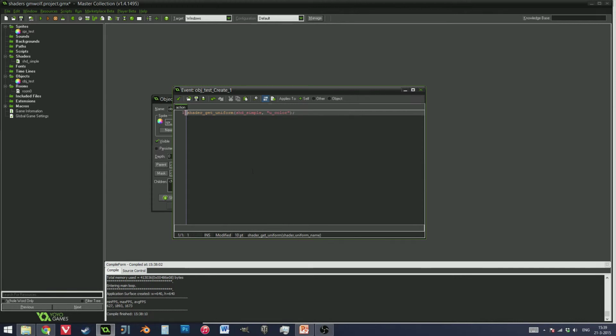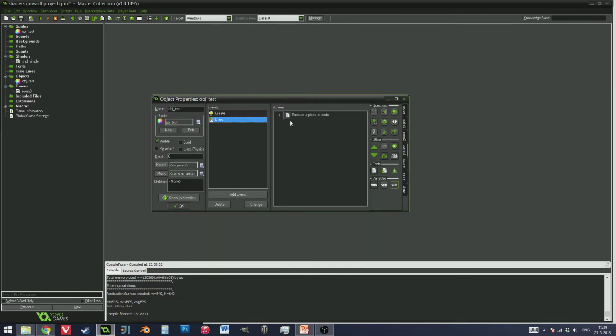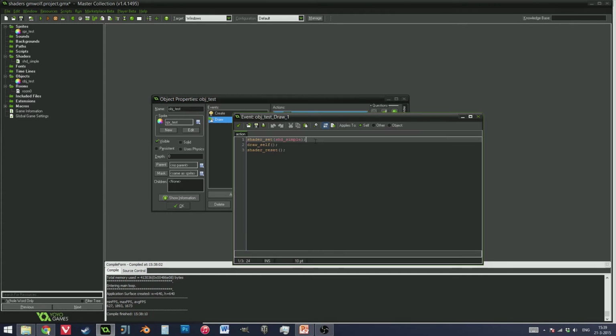However, we do need to set it to something, and we're going to set it to a variable. I'm going to call that uniform u_color. It can really be called anything, and actually I'm going to call it u_c. So u_c is equal to shader_get_uniform(shd_simple, "u_color"). Press OK. Now let's go into the draw event, and inside the shader set I'm going to add